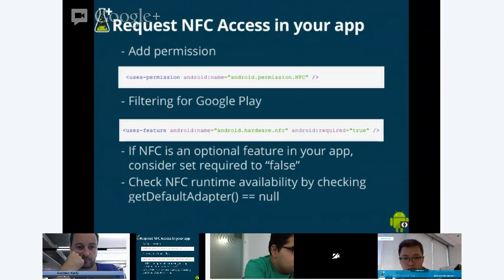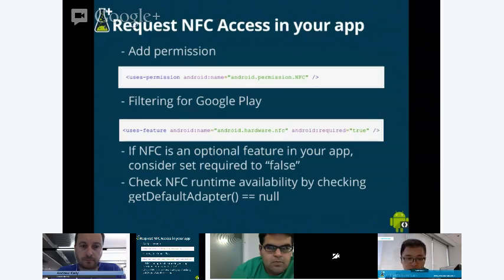Now, how do you request NFC access in your application? As you can probably imagine, it has something to do with the manifest. The first thing you need to do is add a special permission, android.permission.NFC. For filtering your application in Google Play, you want to use the uses-feature tag, specifying the NFC hardware.